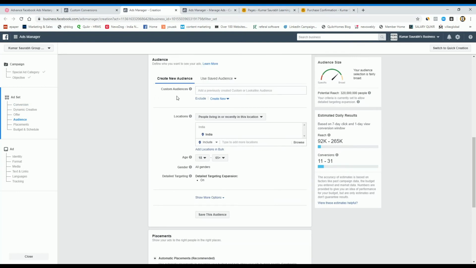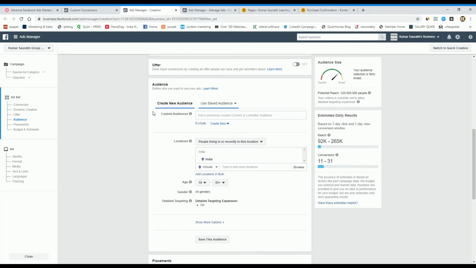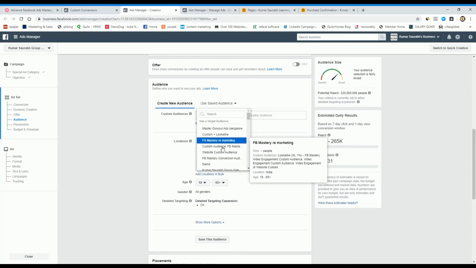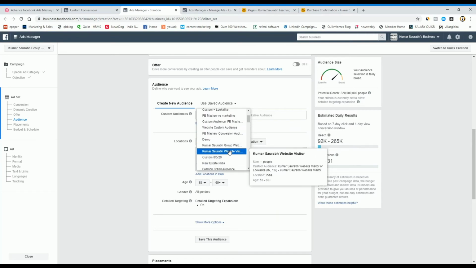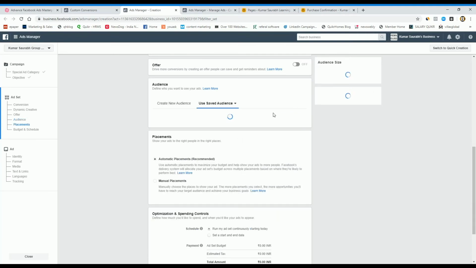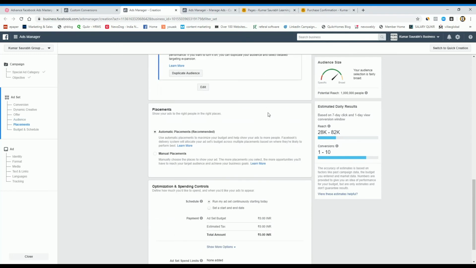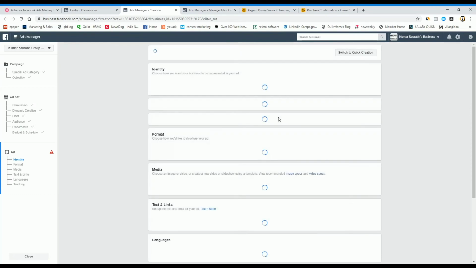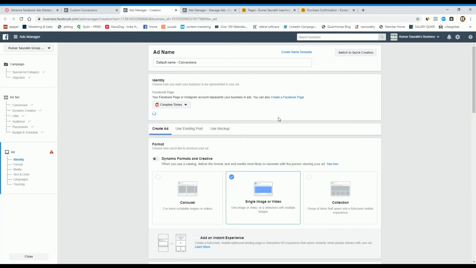From this I can again use a custom audience, lookalike audience, or any saved audience. It's up to you. So I can select a saved audience, and I can go ahead with automatic placement, continue.